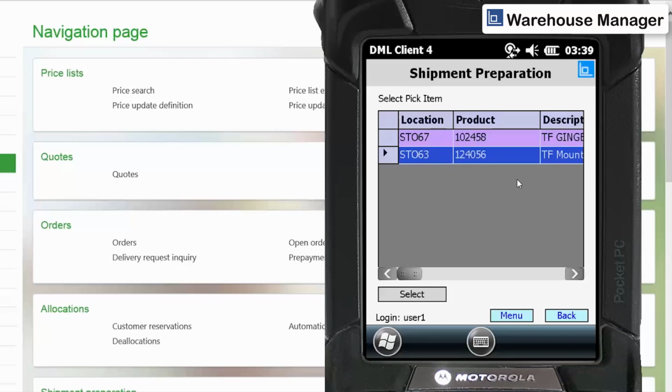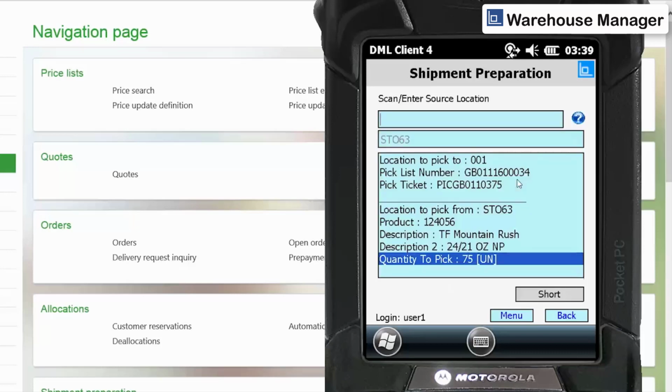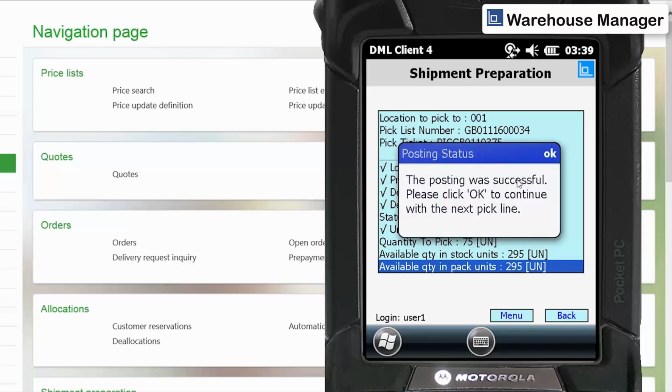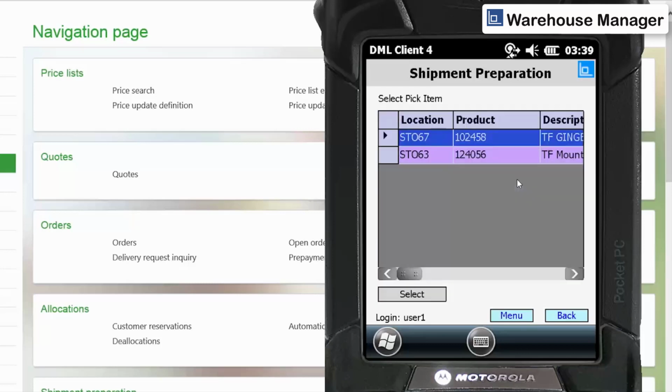So I select this line, it's quite happy, it sent me off to location 063, and I can scan that location from my list, and it's asking me for the pallet code as well, or the product code. So I scan the pallet number, and here's my 75. In this case I'll pick 25. Okay, and again it takes me back to the line. I can go and pick my first product again,